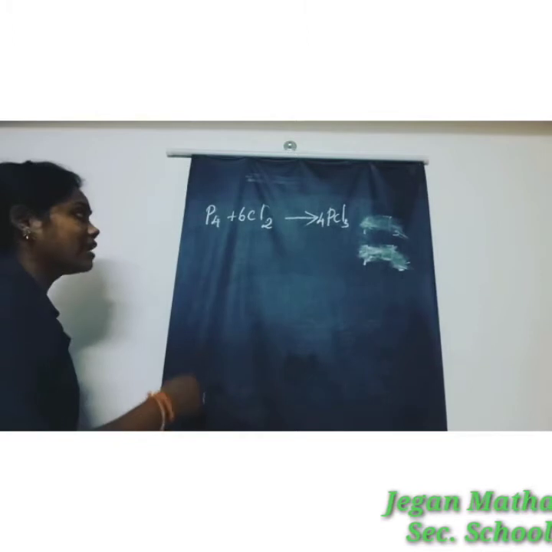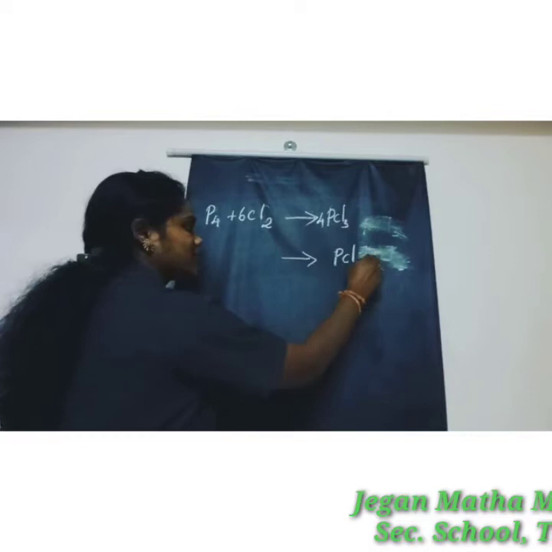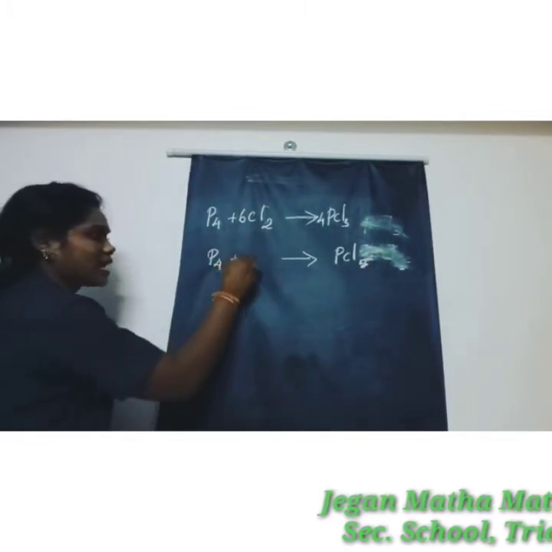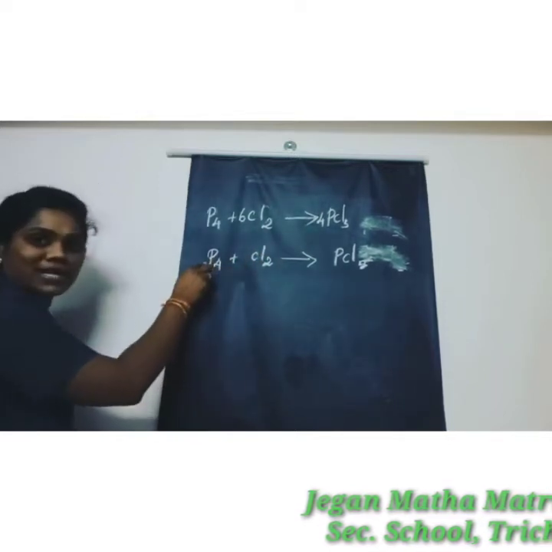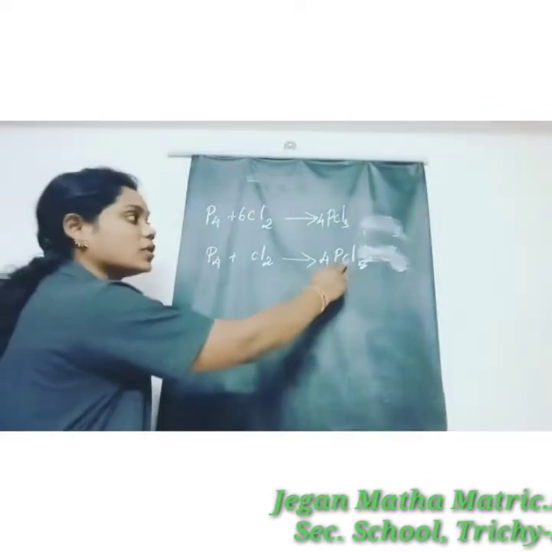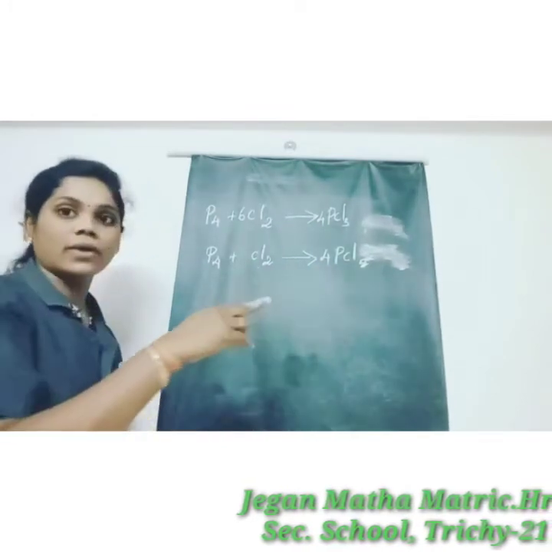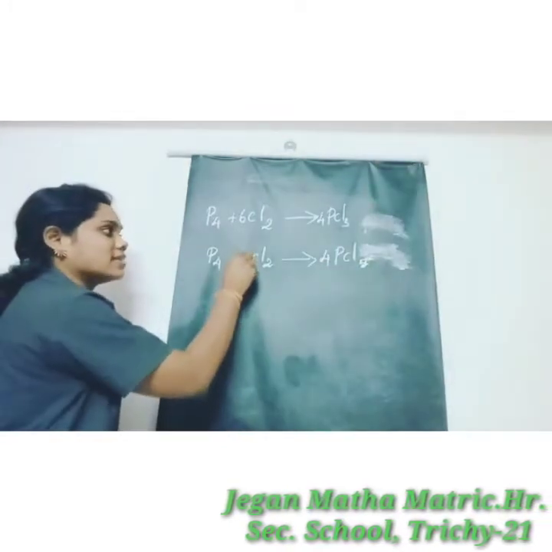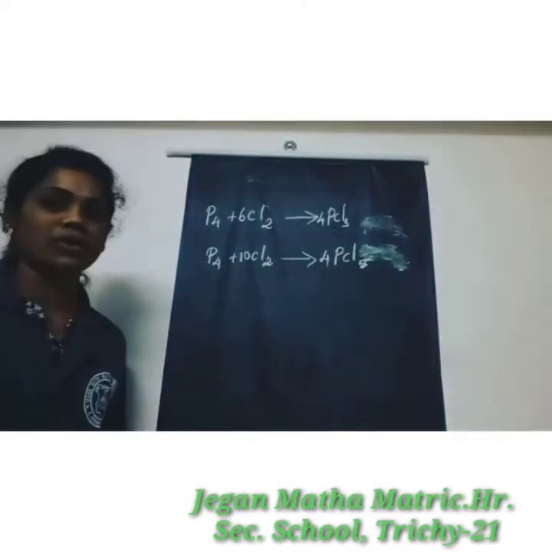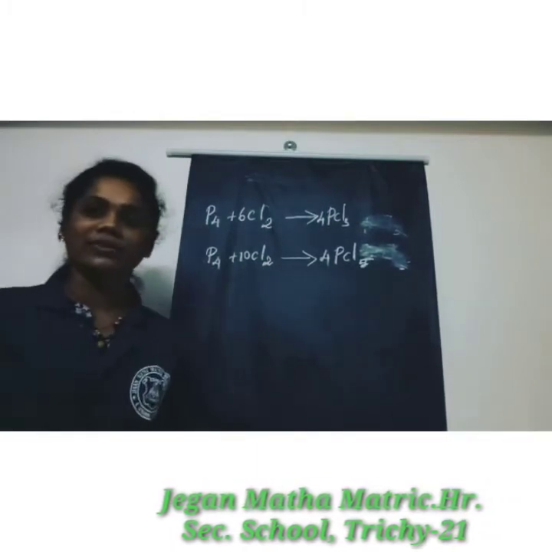And next one, same thing, but phosphorus pentachloride is formed here. Penta represents 5, phosphorus pentachloride. So here phosphorus reacts with chlorine. 4 times phosphorus, so phosphorus is balanced, and then chlorine. Here 5 4s are 20, but chlorine is only 2 times, so we need 10, since 10 2s are 20. So here also 5 4s are 20. Chlorine is also balanced. So that's all for the reaction of phosphorus with chlorine.